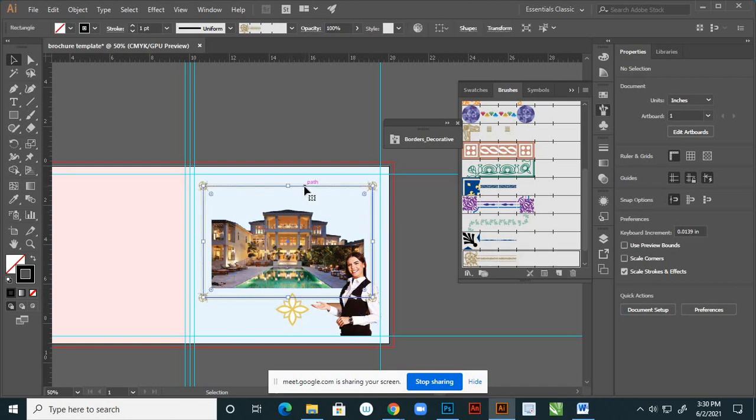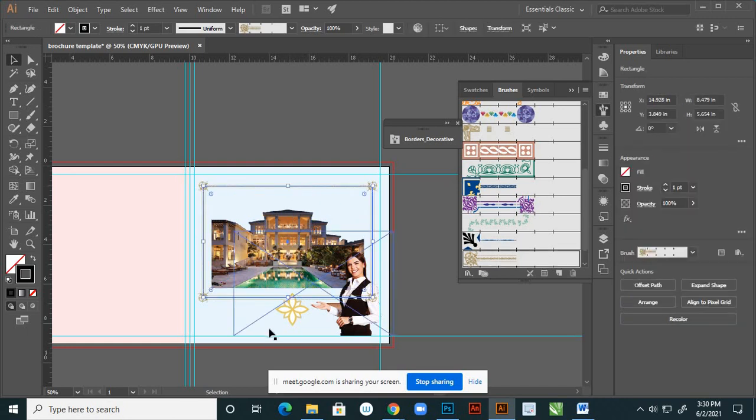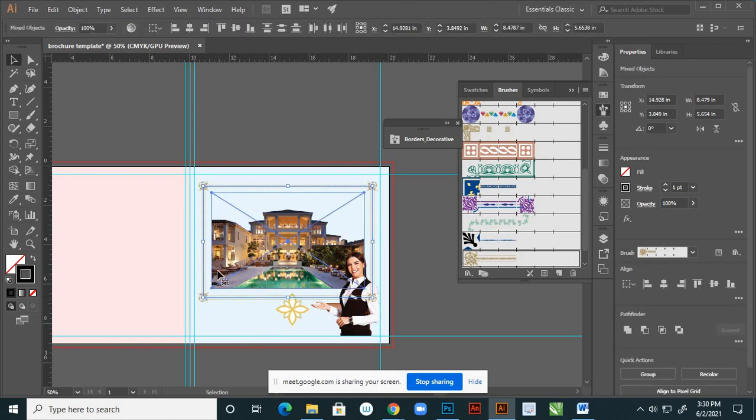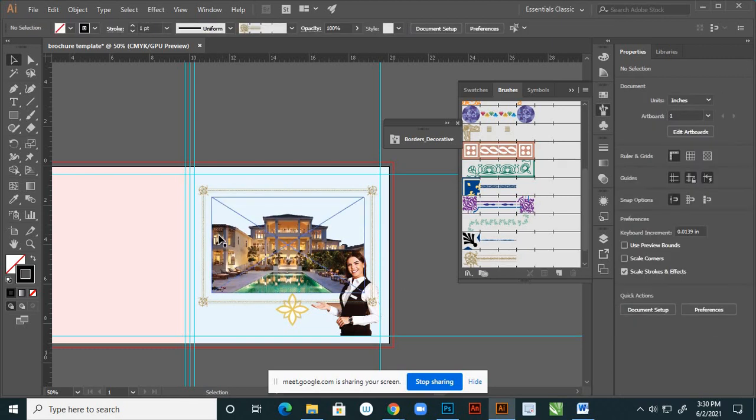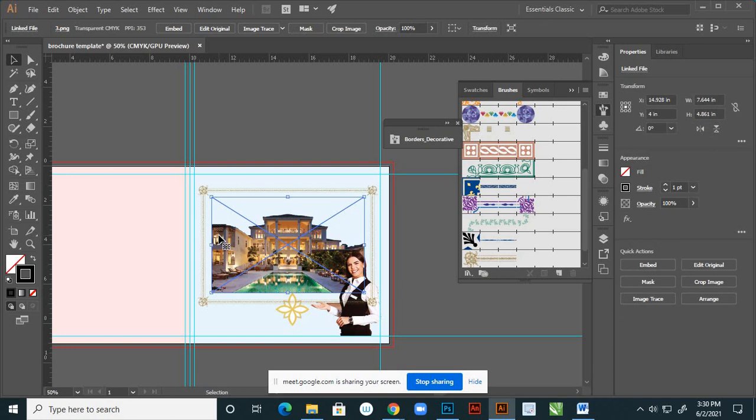This photo and this one, both select by Shift, right, and move a bit down, right? So here, yes, and this should be in the center. Yes, center.